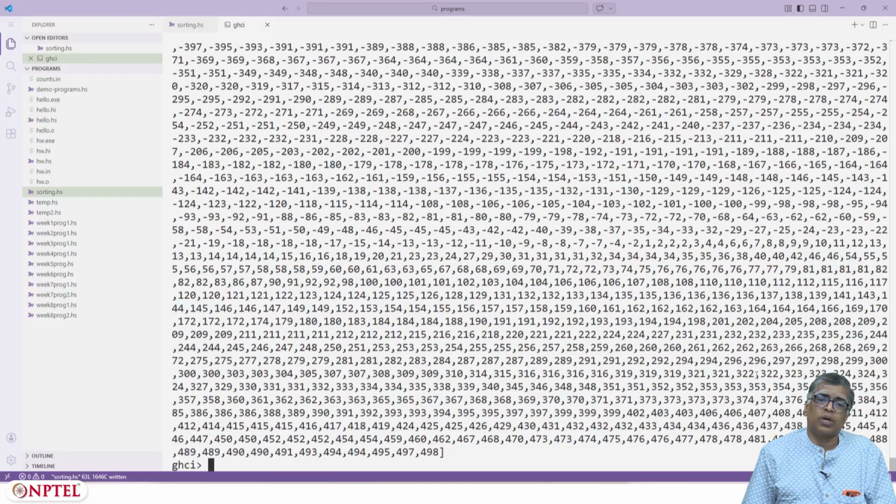Sometimes it will be hard for you to visually look at this and check if it's sorted or not.